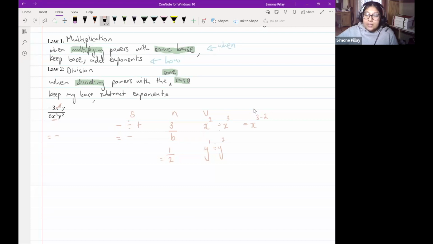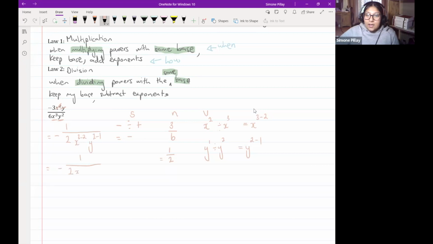And let's look at the y's as well. I don't want to say y1 minus 2 because I don't want a negative number. So I'm going to do my subtraction at the bottom here as well, and that is going to be y to the power of 2 minus 1. Let's look at what that would look like. I know my fraction over here is going to be a half. I don't have my x anymore and I don't have my y anymore. What I do have is x 3 minus 2, and y 2 minus 1. That is going to give me negative 1 over